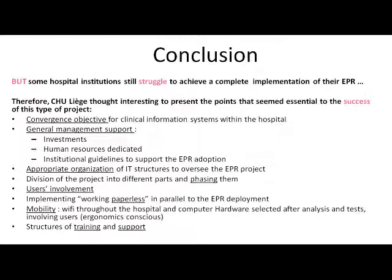Okay, so for our last question, among the 7 success factors you developed, which was, in your opinion, the most important one? I think there are 2. It's the general management support. It has to be an institutional project. Everyone has to be on board, on the ship, no other direction, human resource dedicated. This is one. And the second one, which to some extent you can see in a mirror,